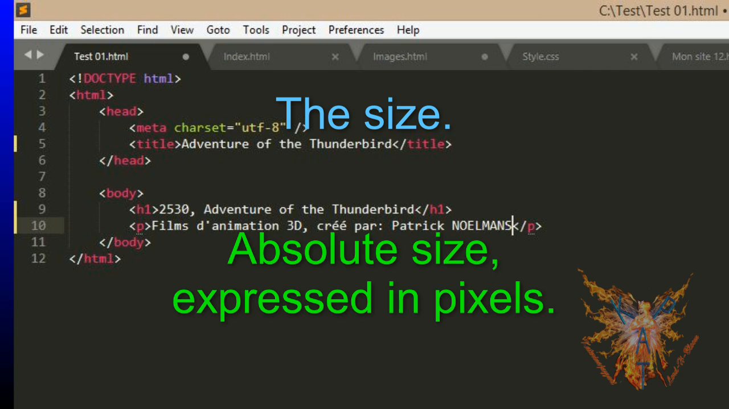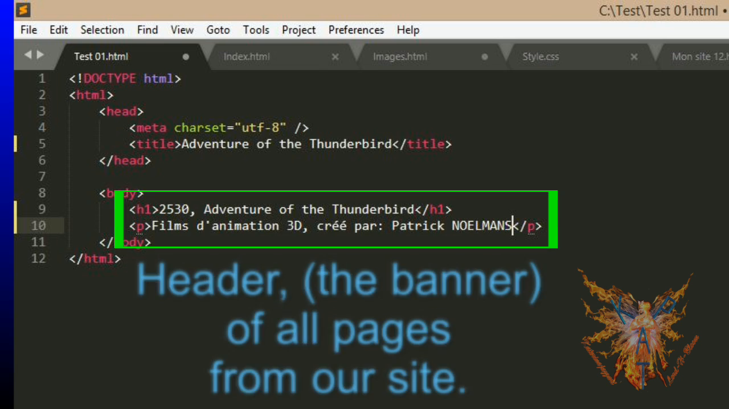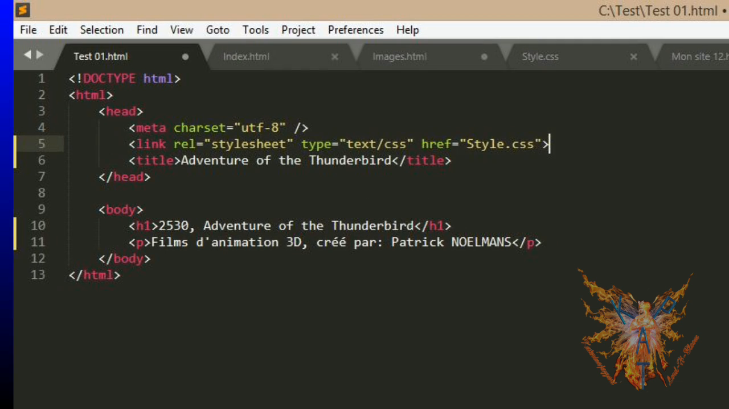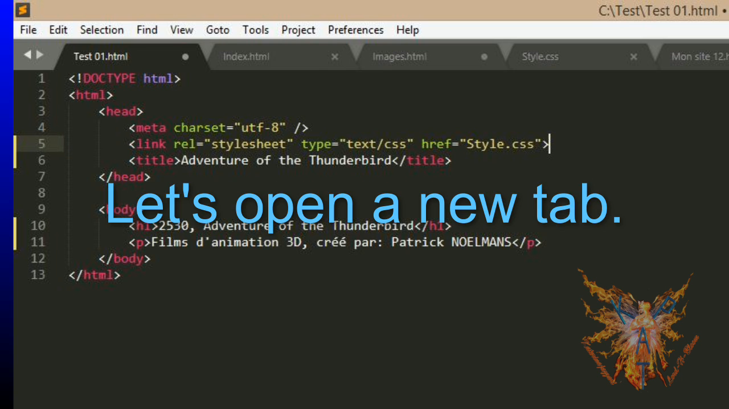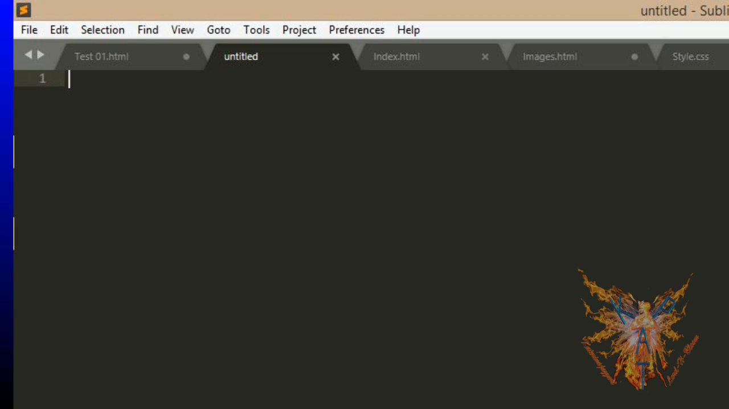First, we can indicate the absolute size of the text, that is, we will give a fixed value in pixels to the height of your text. As the part we are creating now will be the header, or the banner, and will be common to all our future pages, we will place our text formatting in an external CSS file, and therefore, we must add a line in the head, which will call this CSS file, as seen in the previous lesson. Then, we open a new tab in our editor, which will contain the CSS code, which we will name when it is first saved,